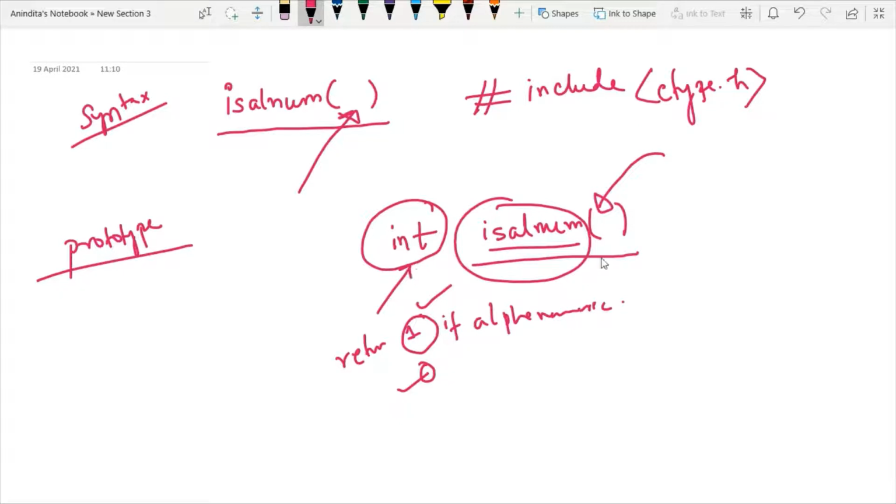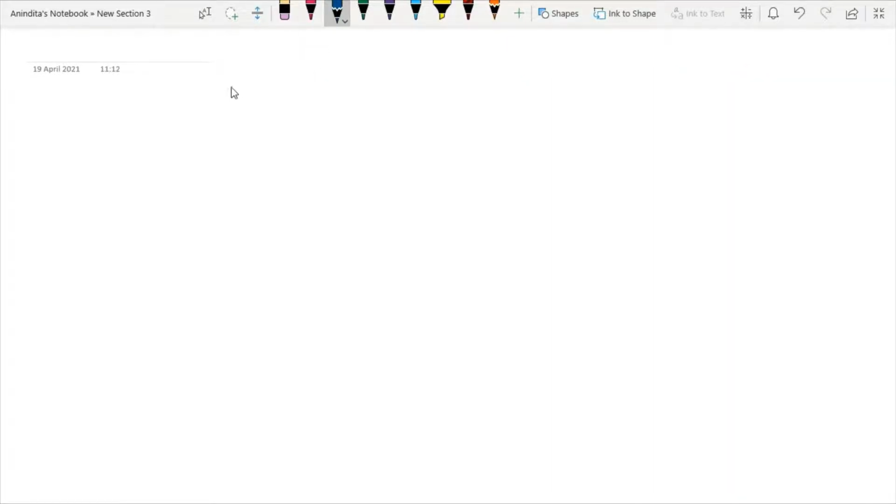Now we have to talk about the actual implementation of this function. See the syntax. Whenever we are writing any code, we are assuming that ctype.h is there. Then we have to definitely take one character variable and one integer variable that will display the result. Why do we need an integer variable? Because remember, the return type of the standard library function is integer.